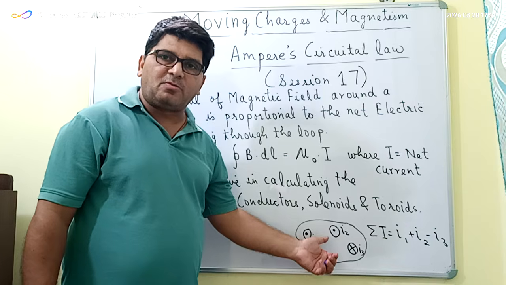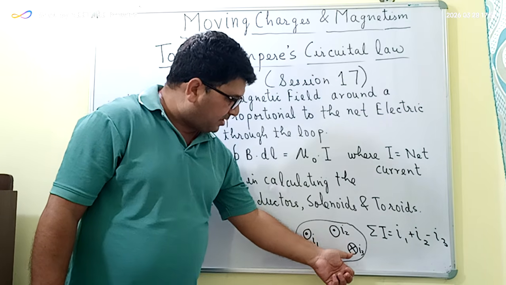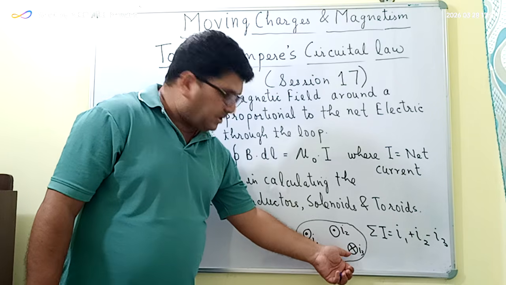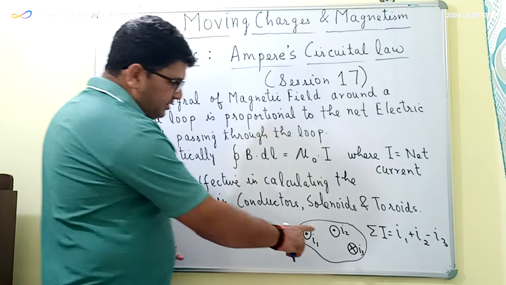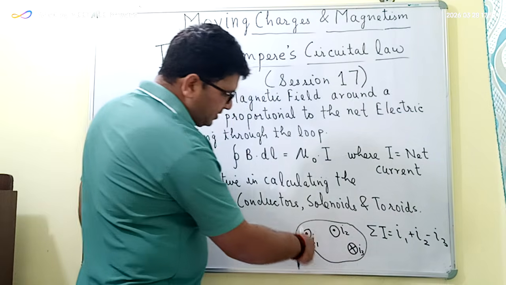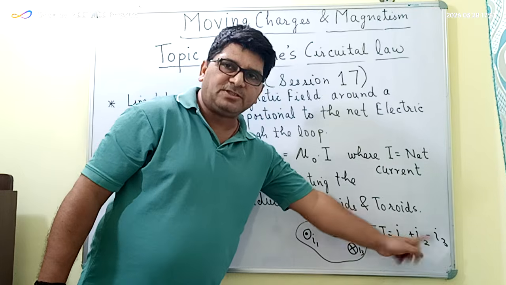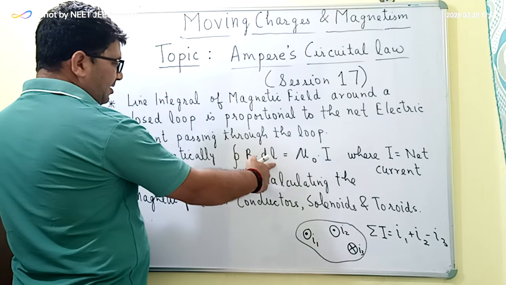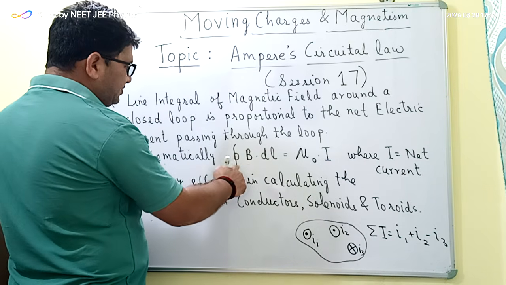in physics it is normally taken as positive. And the current which is directed into the plane is typically taken as negative in physics. So here the net current which is passing through this closed loop is equal to I1 plus I2 minus I3. So if I use this Ampere's circuital law, this equation, then mathematically Ampere's circuital law is given by this